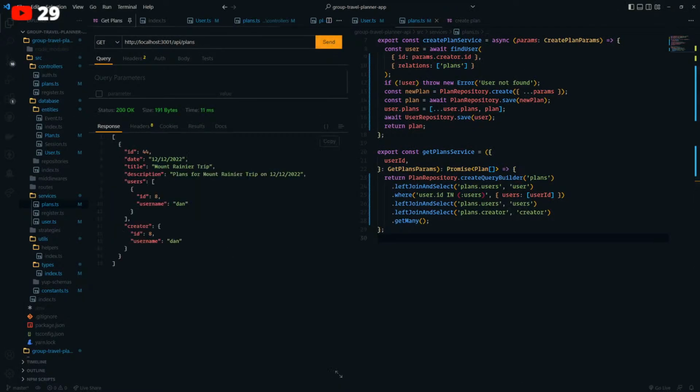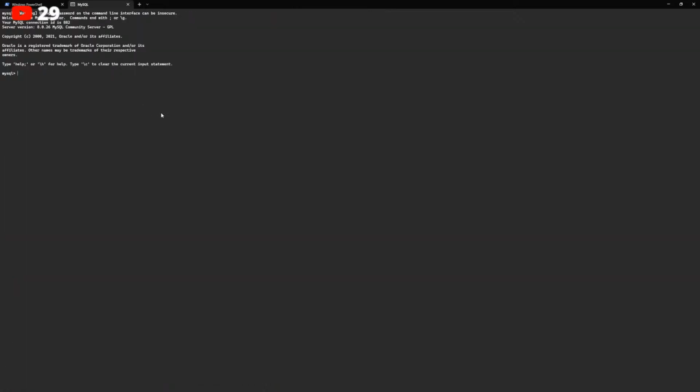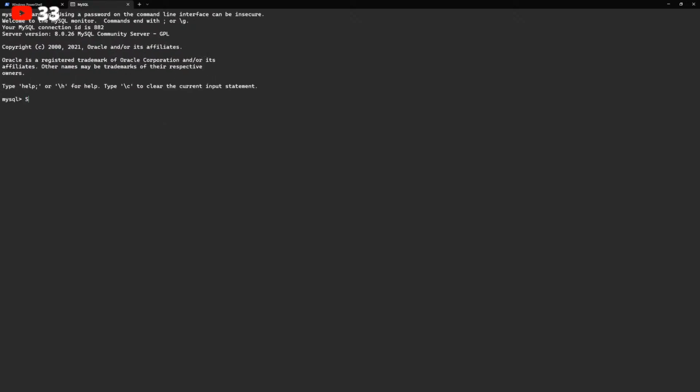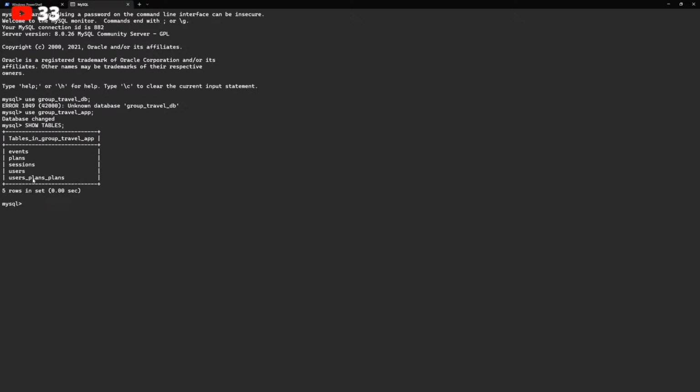All right, so watch. You see now the creator. So now what should happen is all of the users that are added here should belong here. Now, we do have this junction table for the many-to-many relationship.